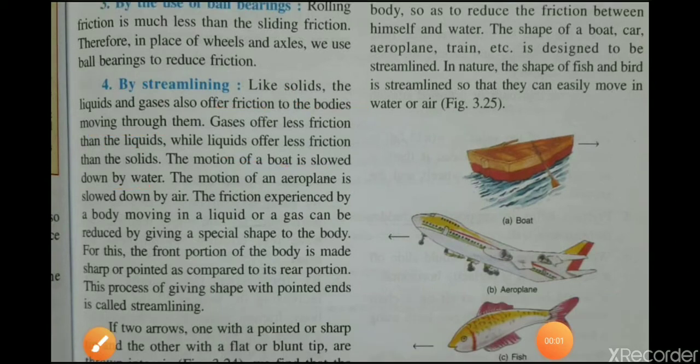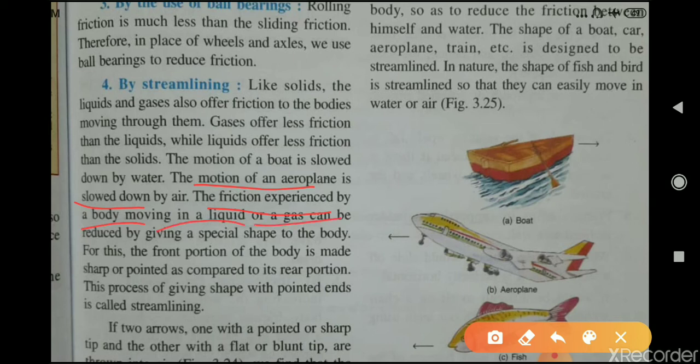Same way, the motion of an aeroplane is slowed down by air. The friction experienced by a body moving in a liquid or gas can be reduced by giving a special shape to the body. Means we can reduce the friction on the body moving through air, in air or liquid. We can reduce the friction on them by giving the bodies a special shape, and that shape is known as